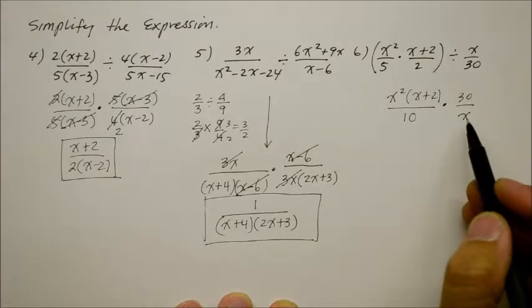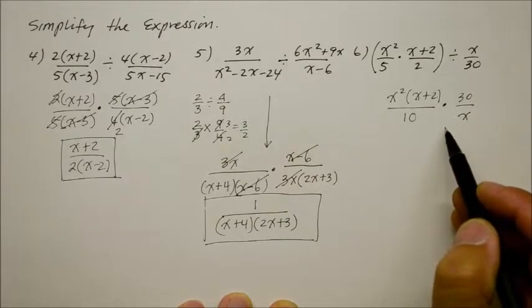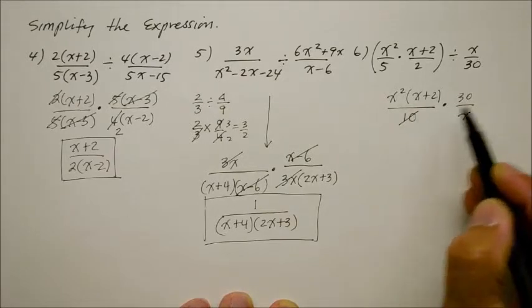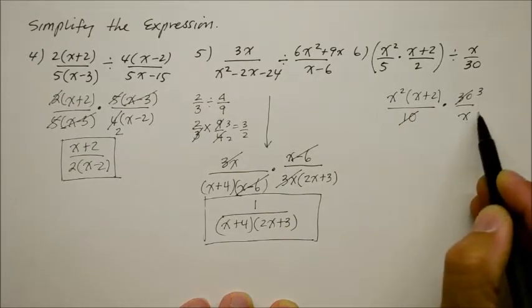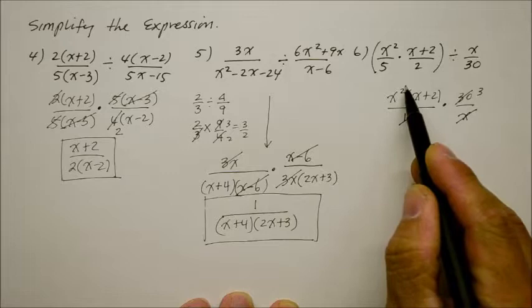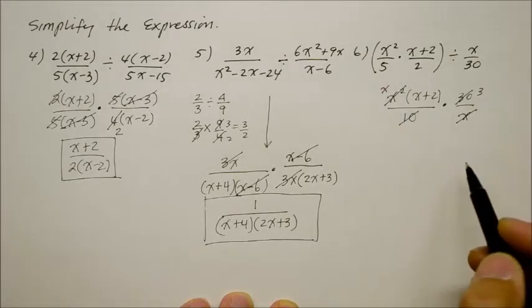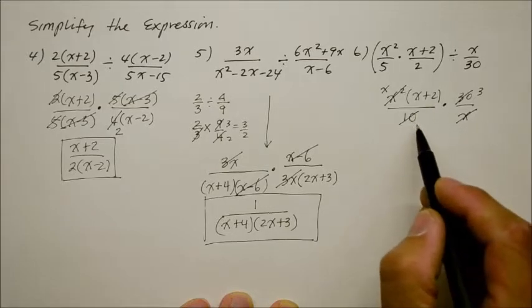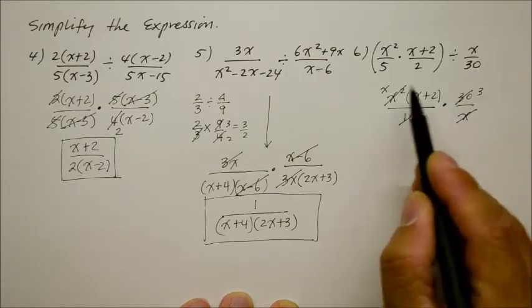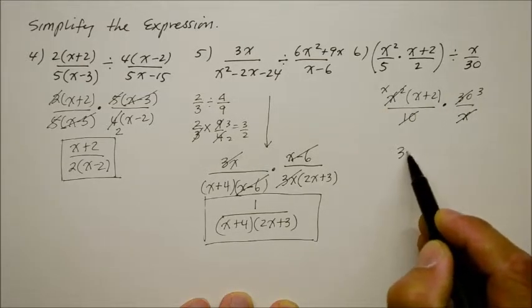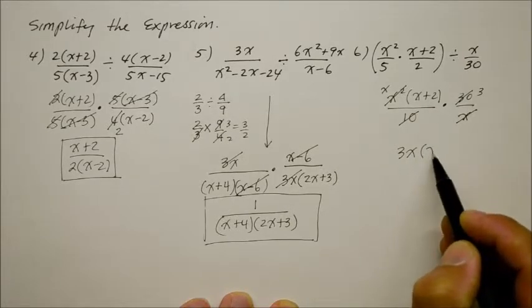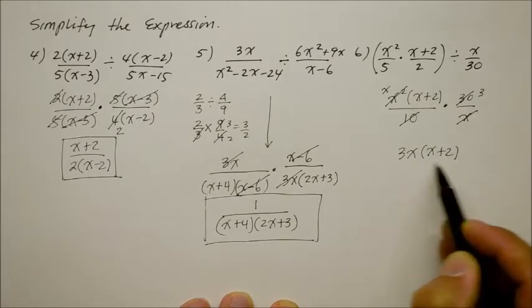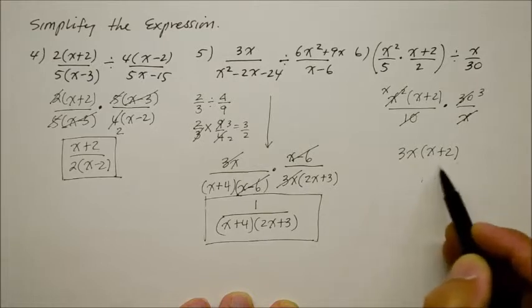I thought this was going to be a spicy one. It's kind of bland now. The 10 reduces to 30 3 times. The x reduces the x squared x times. Everything's gone. So what do I have remaining on top? It's just 3x times the binomial x plus 2 over 1. But that's kind of redundant. So that's going to be my